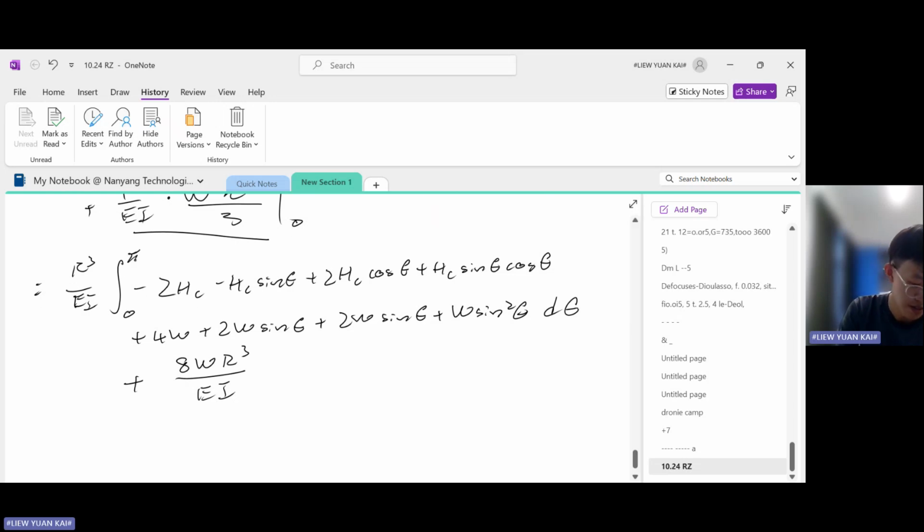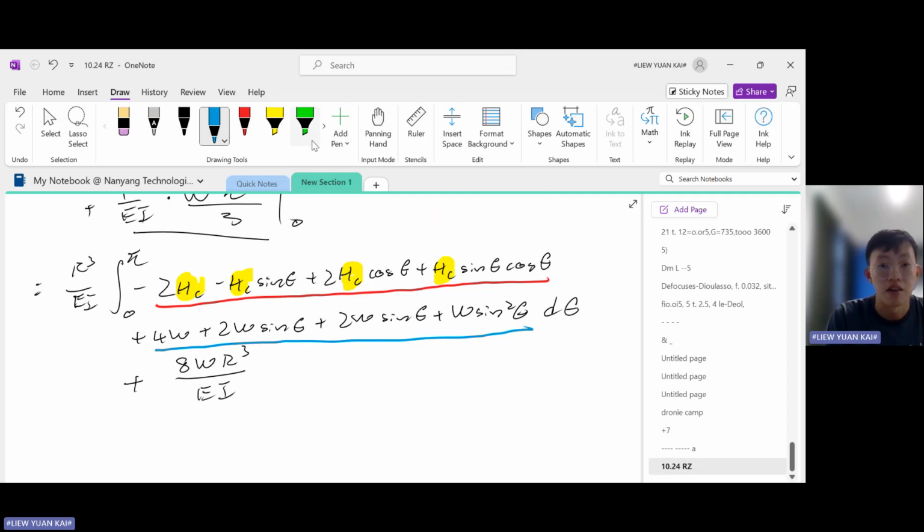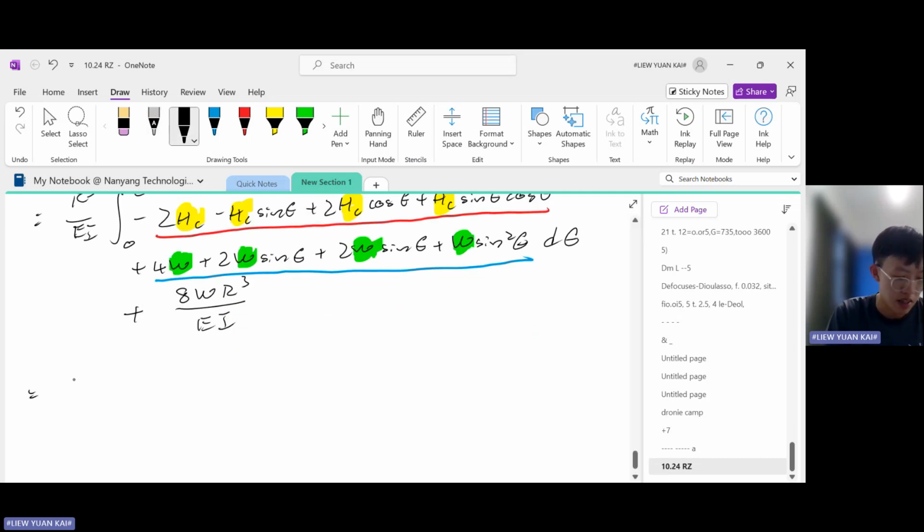So how do we handle the first integral? Okay, so what I'm going to do, right? I'm going to factorize the common terms. So you see, these terms all have a common factor of Hc. So Hc, Hc, Hc, Hc. Whereas the second set of terms all have a common factor of w. So you factorize those common factors out. Okay, so what I mean is,